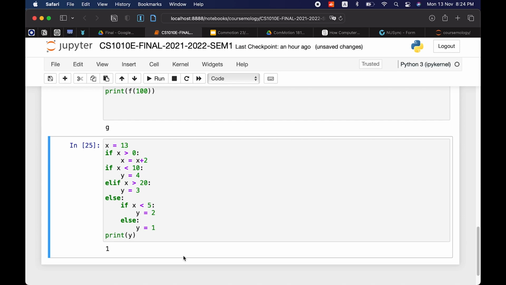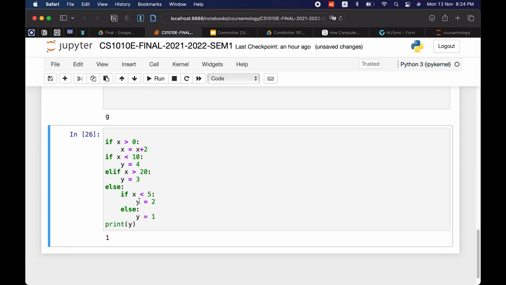The reason is, let's look at the case where y is equal to 2. Right, so when y is equal to 2, x has to be less than 5. So we can think of numbers like 1. So first, right, we zoom in here. We don't think about this part. So for this to be even remotely true, this has to be true first, which is x can be stuff like negative numbers or 1, 2, 3, 4, 5. However, the problem with that is this else statement is connected to this if statement.